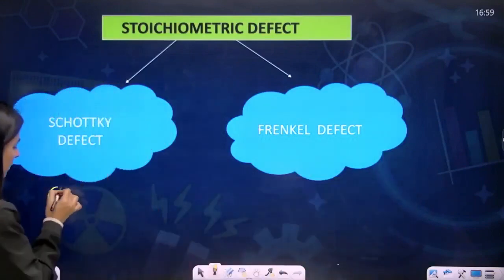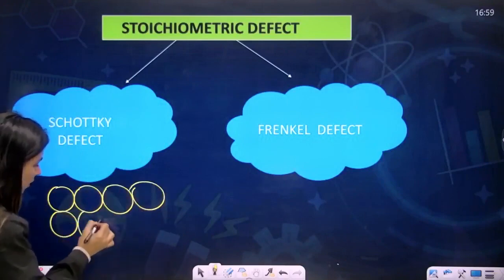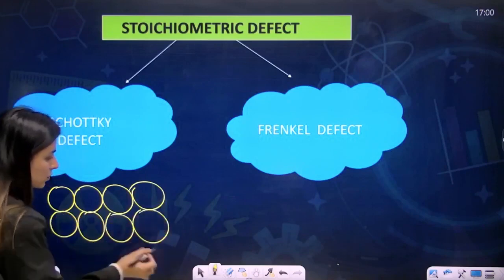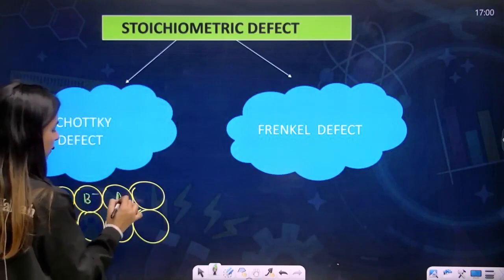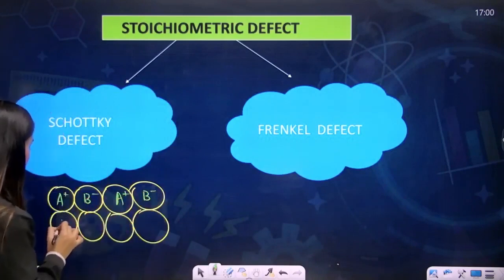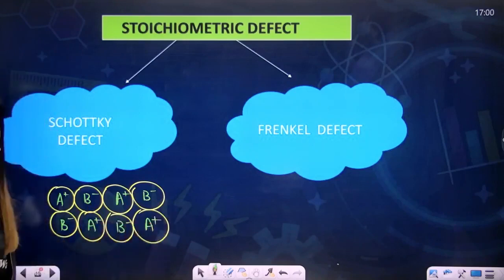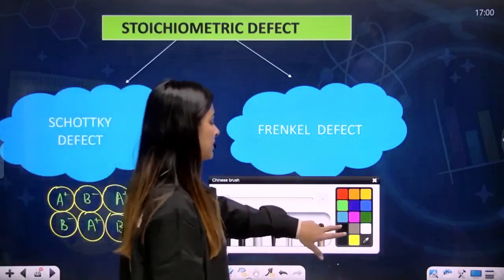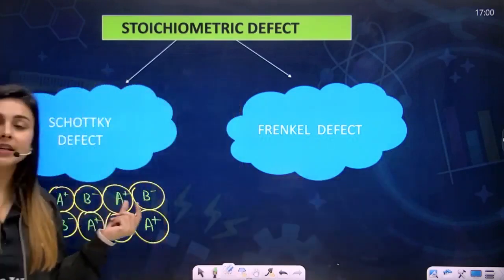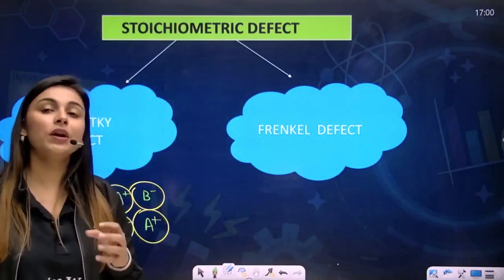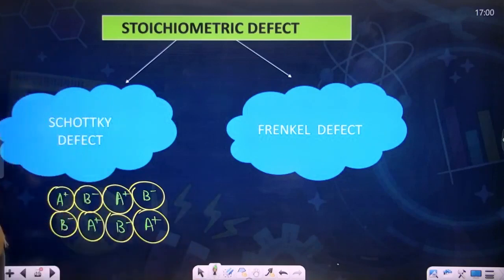So you have atoms like these. Okay. So now, since it is an ionic solid, you will have A plus, B minus, A plus, B minus, you will have B minus, A plus, and you will have B minus, A plus. Okay, so now what happens in Schottky defect is that, my dear students, one of your cations leaves. Now you'll heat the solid, one of the cations, since it is smaller in size, it is easy for it to leave. So what happens,